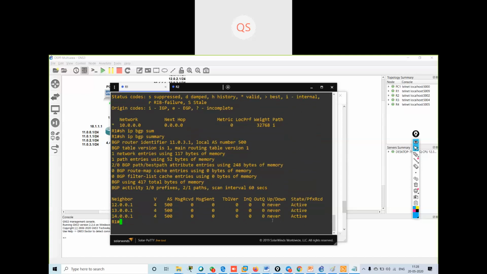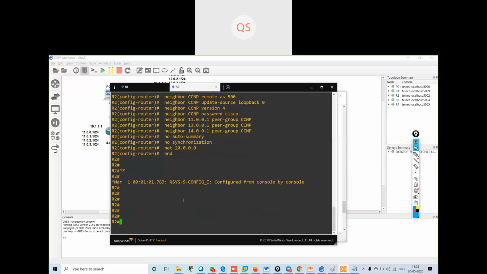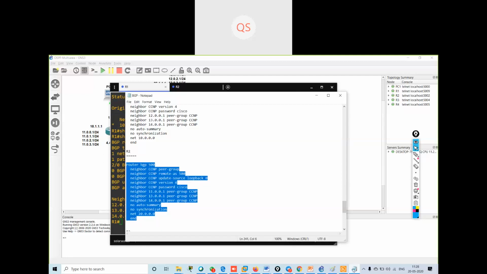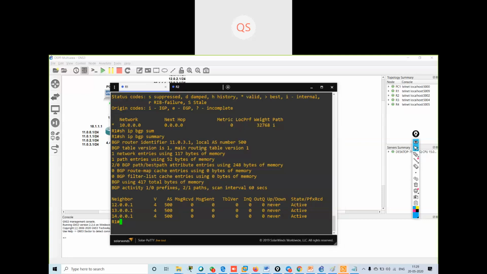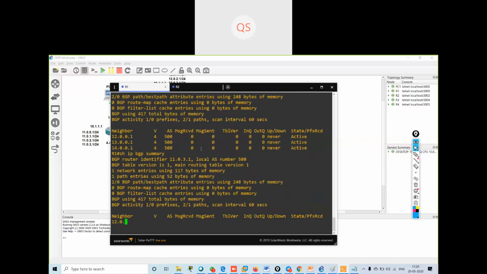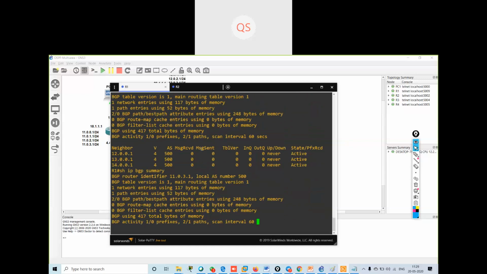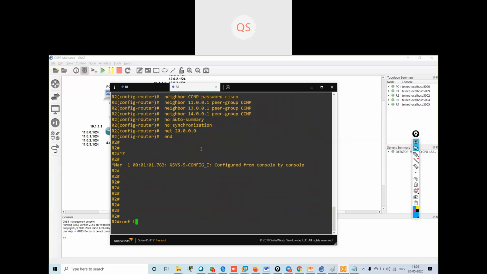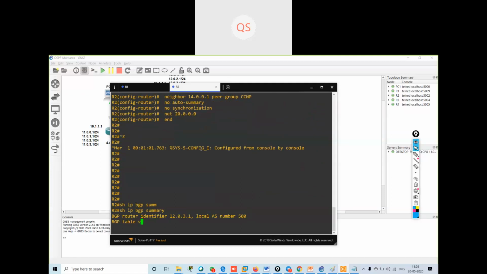The state is still active, so it has not formed the neighborship with the 12 dot network. Show IP BGP summary.